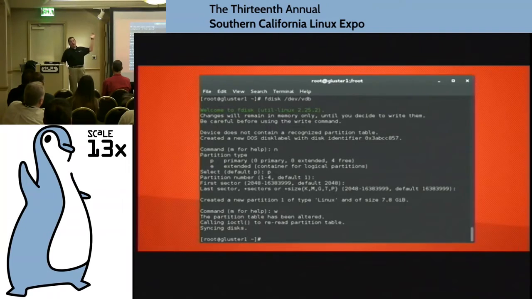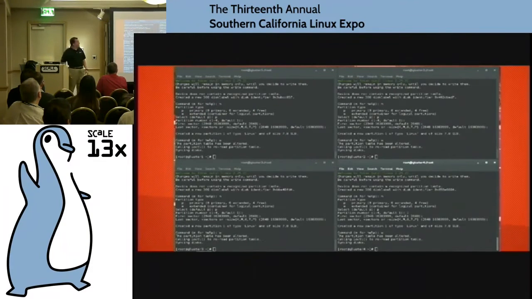So you guys probably all know fdisk, so I'm not going to spend a whole lot of time on this, except to say we're going to fdisk the partition, create a new partition, and make it a primary. You can do extended, it doesn't matter. The point is you want to have a partition. When I get done, I've got an 8 gig partition. Remember I said I've got that second drive that I'm going to use for my bricks? I do that on the first machine, it works, and I replicate that on all the machines. You don't need to worry about what's on the screen except to say that I did the same thing on all 4 of them. So now I've got 4 partitions set up, 1 on each server.